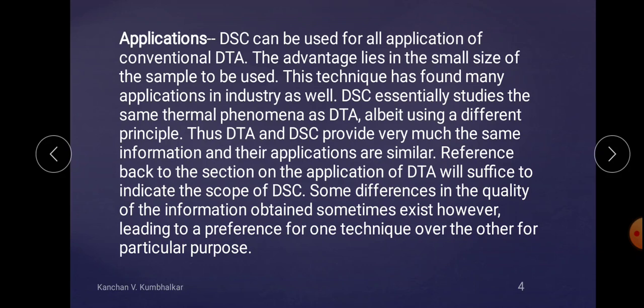In organic compounds, you can identify a sharp melting point and boiling point, as well as the decomposition point of a compound, because DSC gives much more accurate results as compared to DTA. So this is more authentic for the melting point, boiling point and decomposition point. And the last application is the study of polymers. Polymers can be studied, and what kind of polymers are there can be identified with the DSC. So these are the four different applications which are exactly similar to those of the DTA.